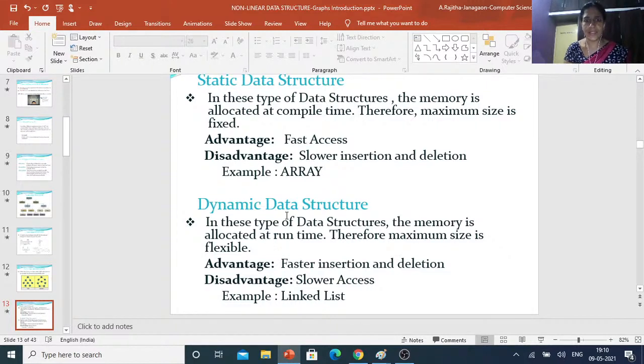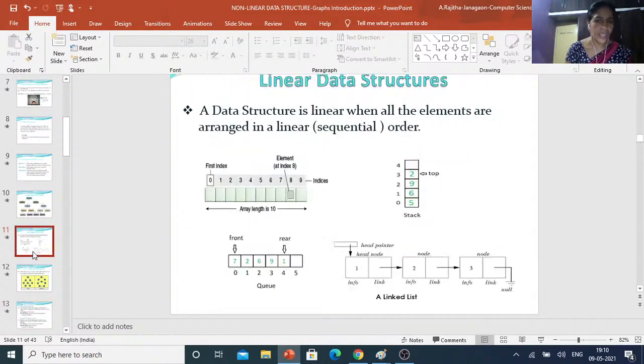Okay. So for this data structure, there are advantages as well as disadvantages. One example for this data structure is a linked list. Coming to the advantage, faster insertion and deletion. How is it? Suppose after this second element, I can insert one element here. You just link that fourth element to this one, and this fourth element links to this third. So there is no need to move positions, whereas in an array you have to move all the positions.